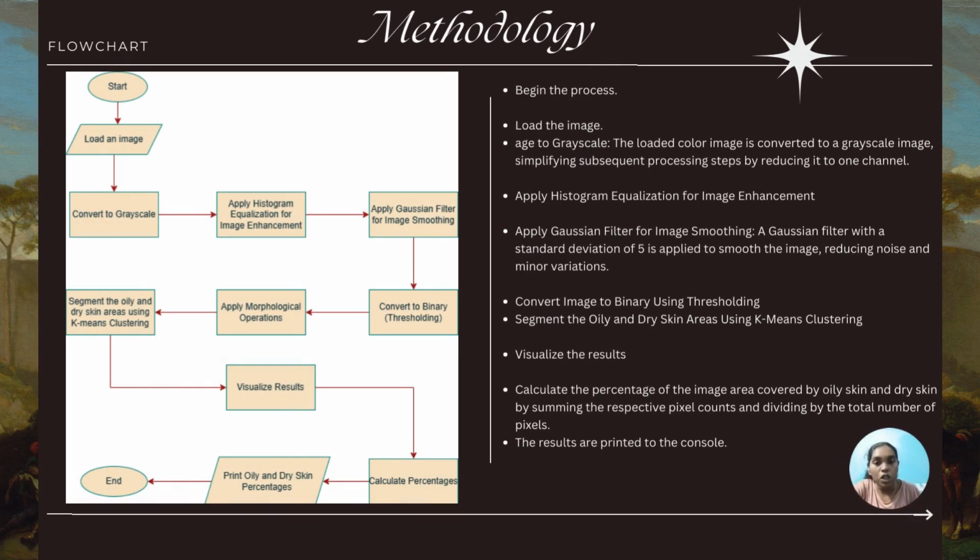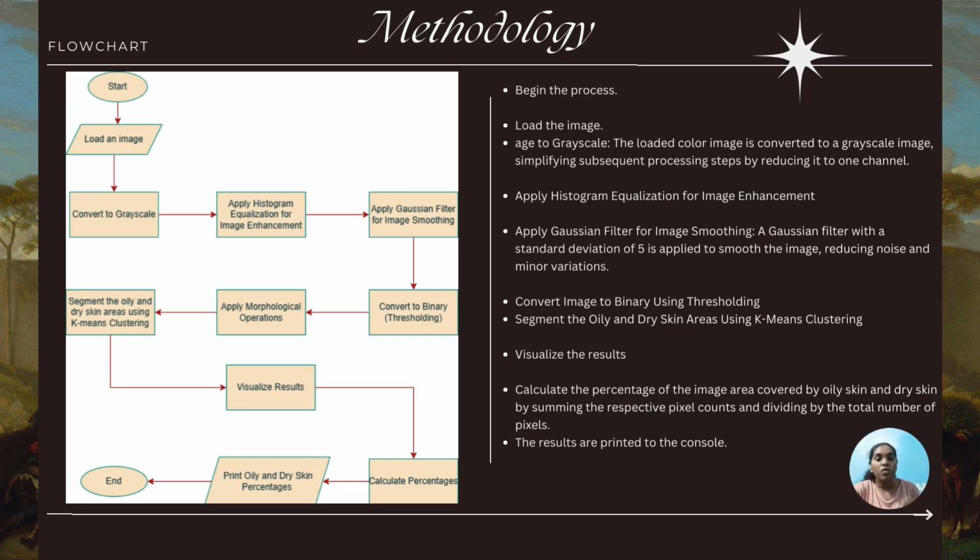On the methodology part, let me explain about the project. First, begin the process. Next, load the image, and then we convert the image to grayscale. So, the loaded color image is converted to a grayscale image, simplifying the subsequent processing steps by reducing it to one channel. So next, we apply histogram equalization for image enhancement, and then we apply a Gaussian filter for image smoothing,